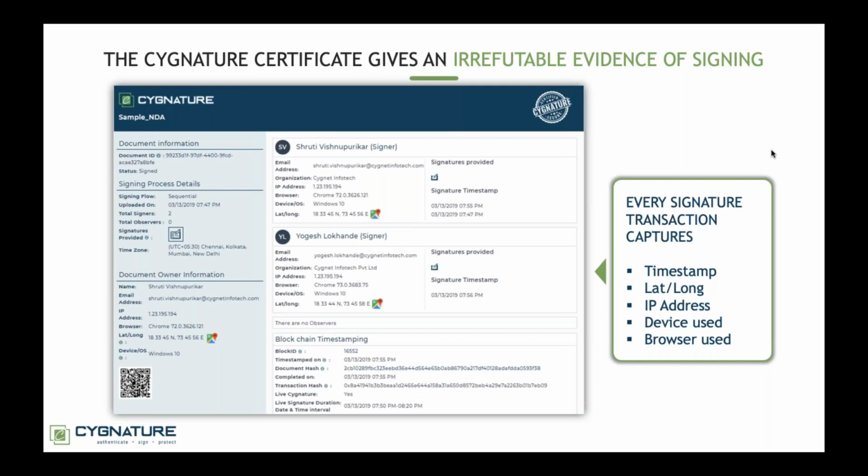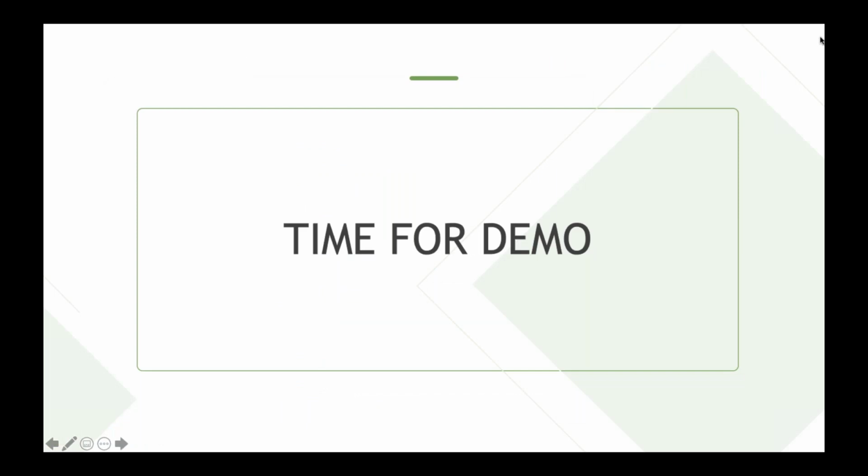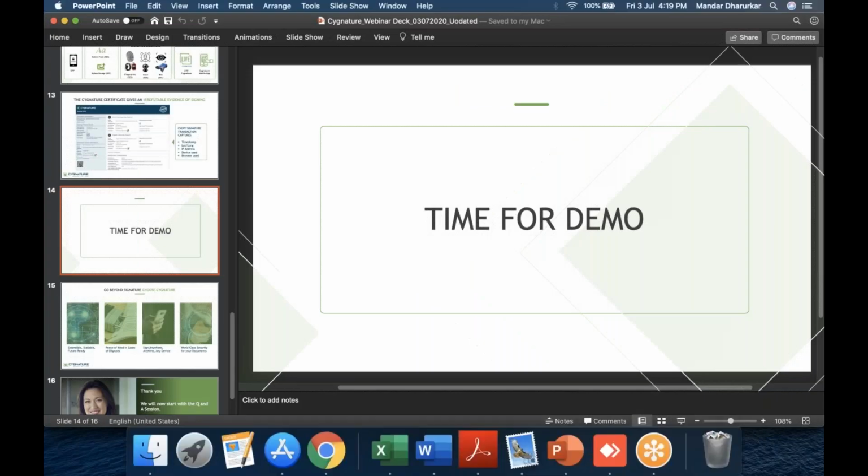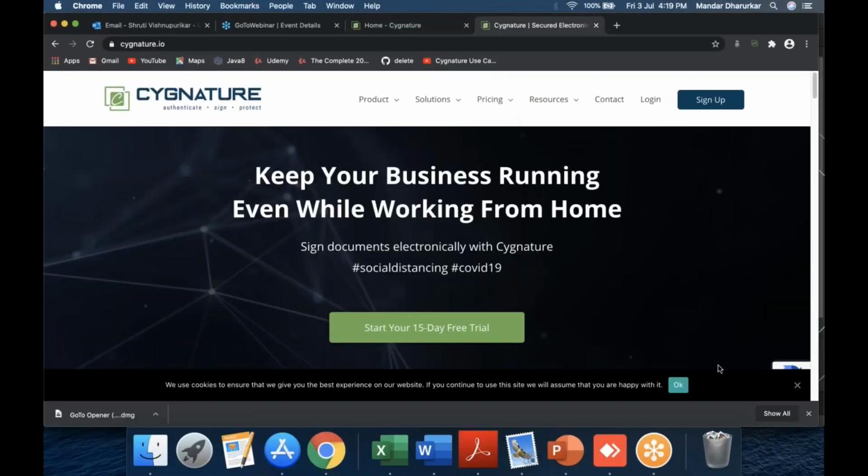So what else could be a very solid proof of having the document signed? Let's move to a quick demo about Aadhaar sign. You'll get an idea about how quick this happens, how fast this is, and how secure the Aadhaar e-sign happens here. So let me just come back to signature here.